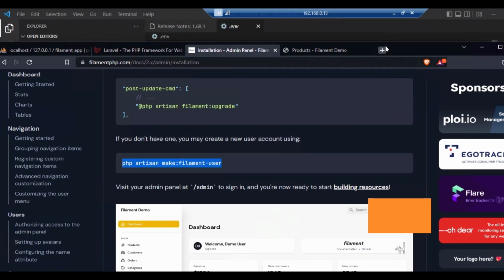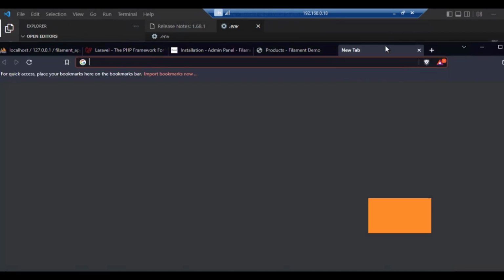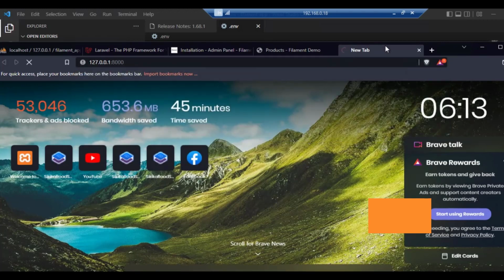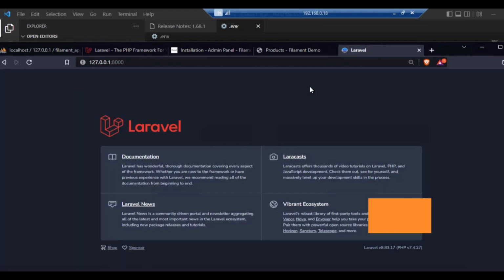So we have already created our dashboard. It has already created for us our dashboard. So we just go to /admin. Okay, I believe. Okay, now that is already the